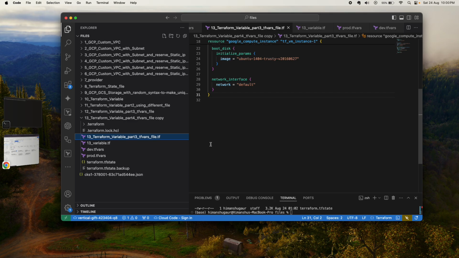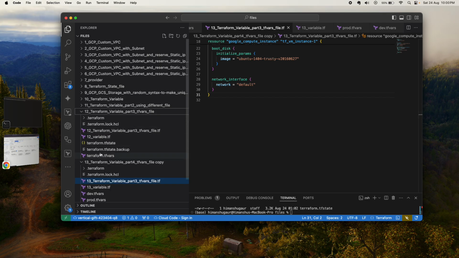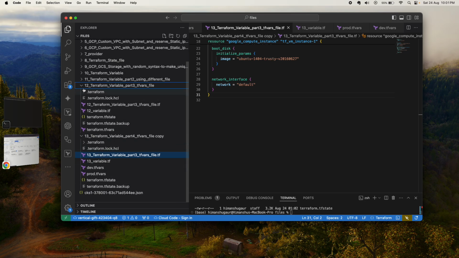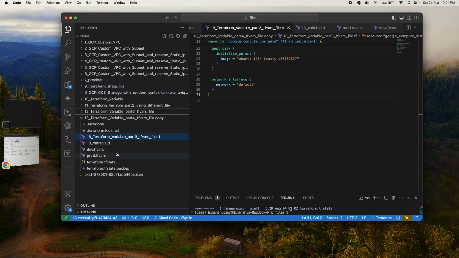In this video we will discuss the tfvars file more deeply. Basically, in the previous video we checked how to use the terraform.tfvars file. At that time, the resource was created on the basis of values defined inside the tfvars file. Now, in the current scenario, we have a requirement to use the same main.tf file, but the resource needs to be